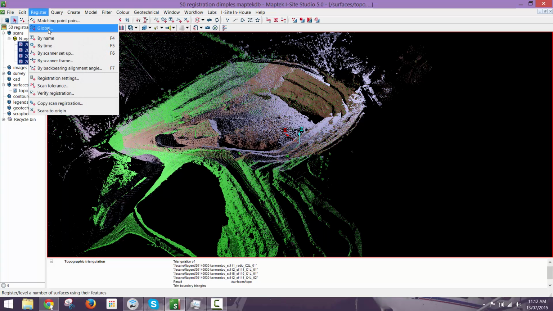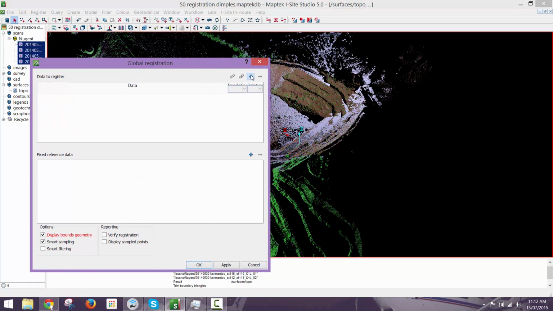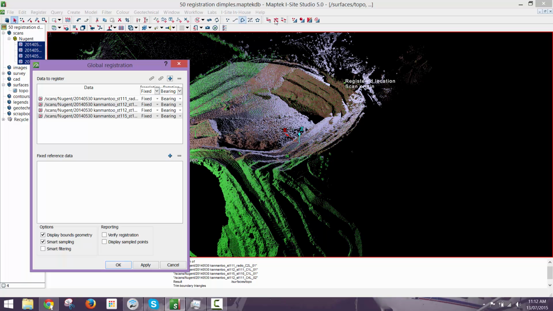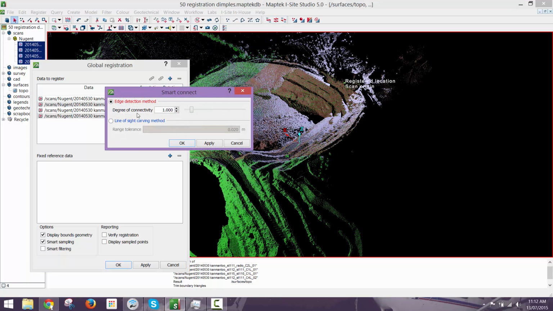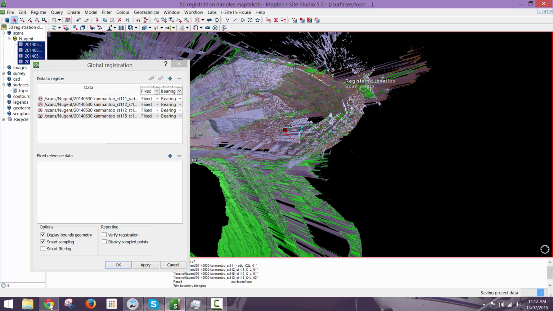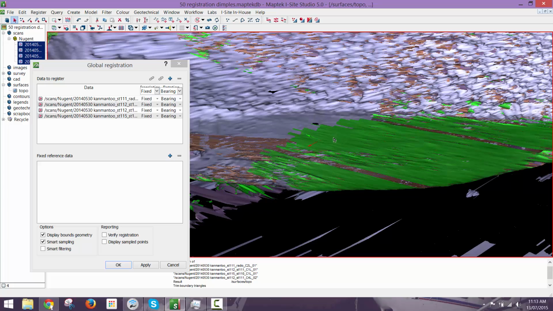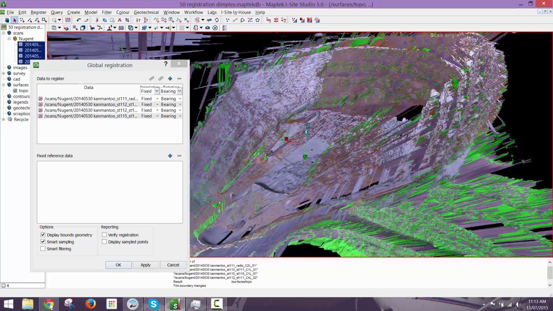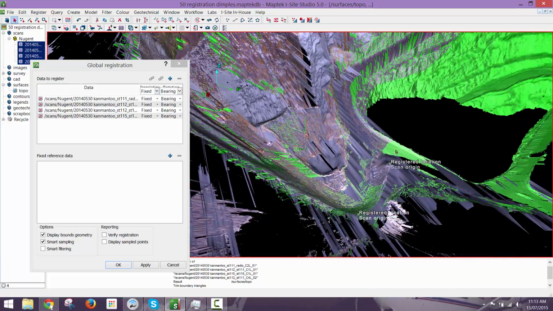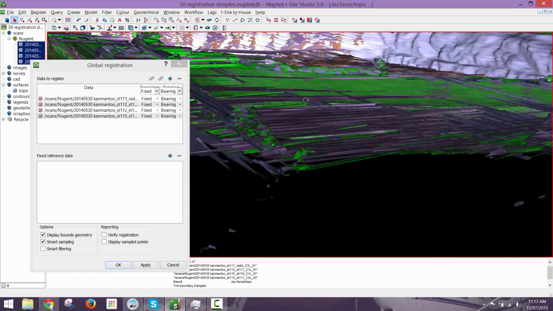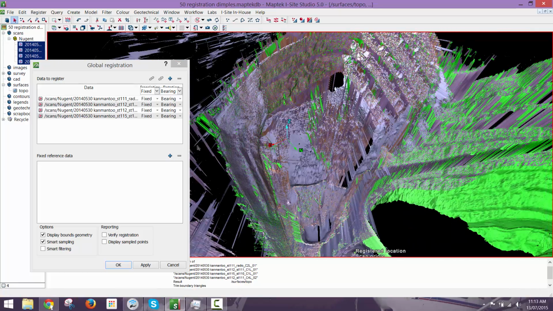Now, you guys know about global registration. We're going to be running that, but I'm also going to connect the scans using this Smart Connect. And if we look here, I've got a good blend of different colors, but my green scan is underneath. It's too low. So the green scan is most likely the incorrect one. But if we're not too sure which one's incorrect, and we want all of them to tilt until it's the best possible fix,